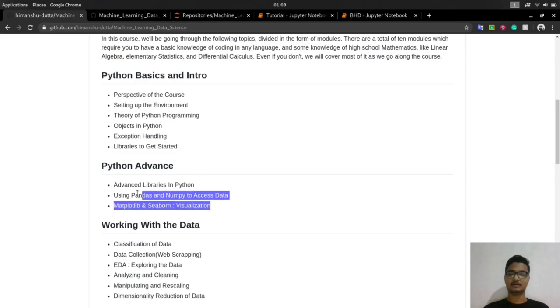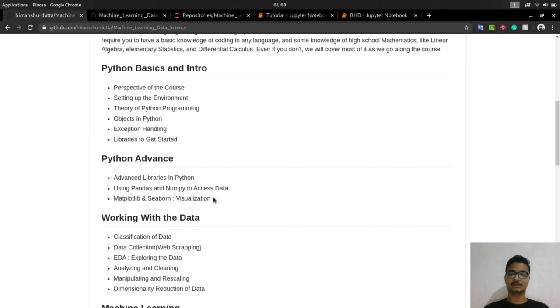But for now, we'll limit our discussion to these four libraries only: pandas, NumPy, Matplotlib, and Seaborn, because these are the basic libraries that are going to be used in every module. The rest of the libraries won't make much sense as of now, because those libraries are dependent on their application, and right now we aren't going to be understanding much of the application. These are basic things like visualization, graphs, and some mathematics and data manipulation that we can perform without much knowing about the concepts. So before starting with the tutorial,